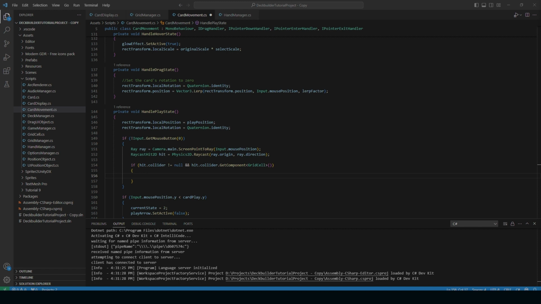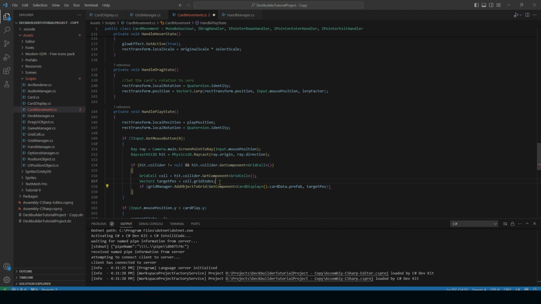So inside here, we want to go ahead and define our grid cell. So gridCell equals hit.collider.GetComponent GridCell. Then Vector2 targetPosition, so we're going to store our target position, and that's going to be cell.gridIndex. Okay, so next we need to have another check to see if